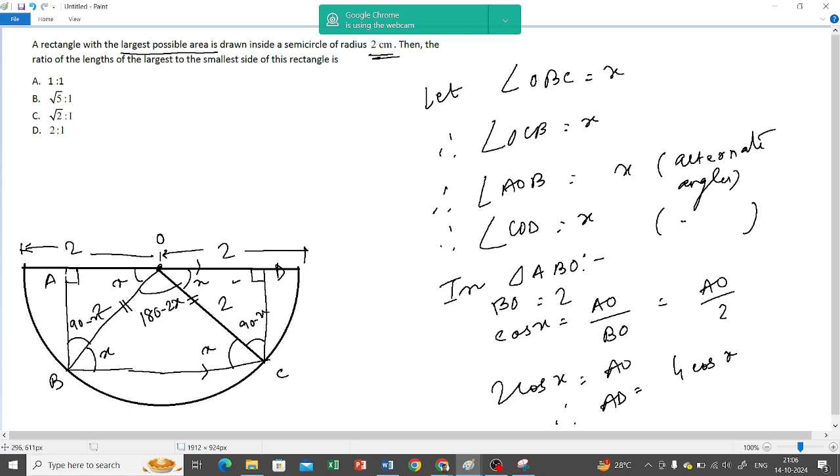Tell me a trigonometrical ratio by which I'll be able to relate BO and AB. দেখো x এর জন্য AB টা কি, পারপেন্ডিকুলার না বেস? পারপেন্ডিকুলার। আর BO টা কি, হাইপোটেনিউস। তাহলে পারপেন্ডিকুলার হাইপোটেনিউস কে কি দিয়ে রিলেট করব? সাইন দিয়ে।